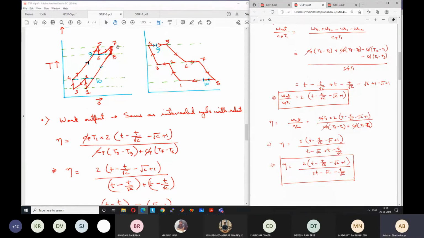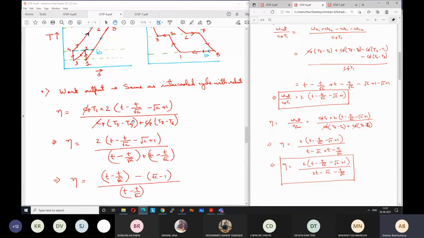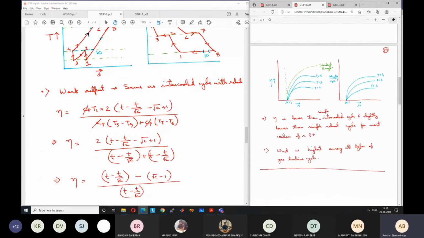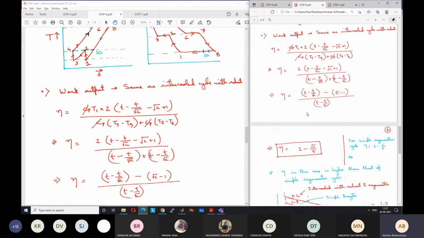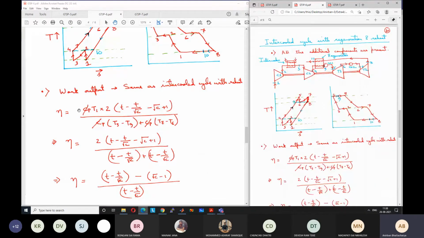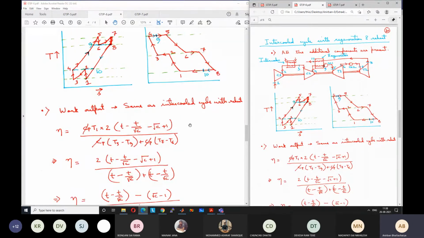Okay, T5 minus T9 minus plus T7 minus T6. So this will give us the efficiency. Work output curves will exactly remain the same, so the efficiency will change, and if you do the calculation, CP gets cancelled. Then take T1 to the denominator. So T5 by T1, remember, is equal to the temperature ratio T.